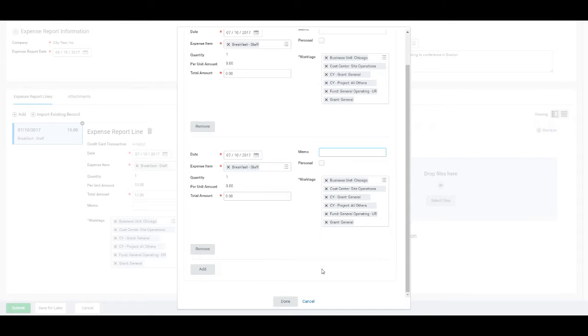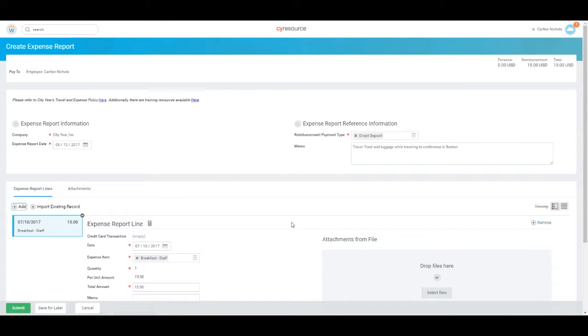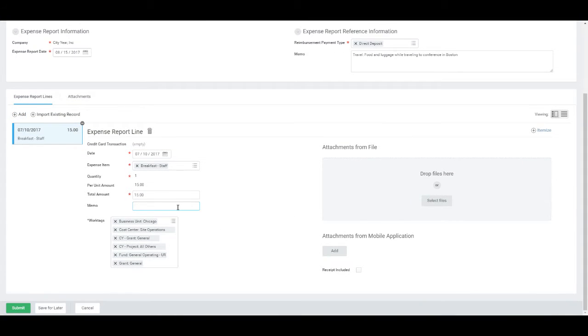Sometimes you can do that ahead of time. Sometimes HQ may send it back to you and they may say itemize your receipt. This is what they're referring to. The total amount of each part of your receipt needs to equal the total amount here. You also want to put in a memo for that purchase specifically, especially if you're going to be adding more